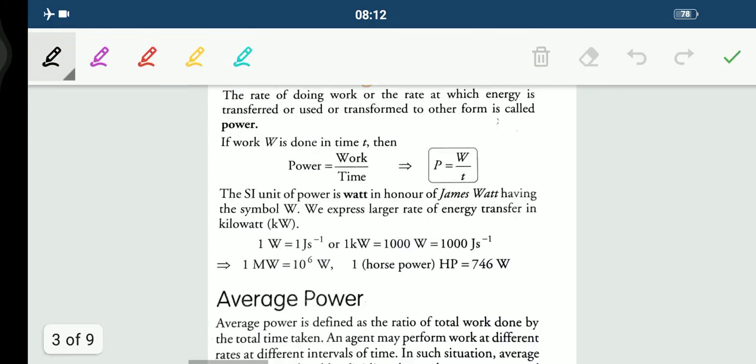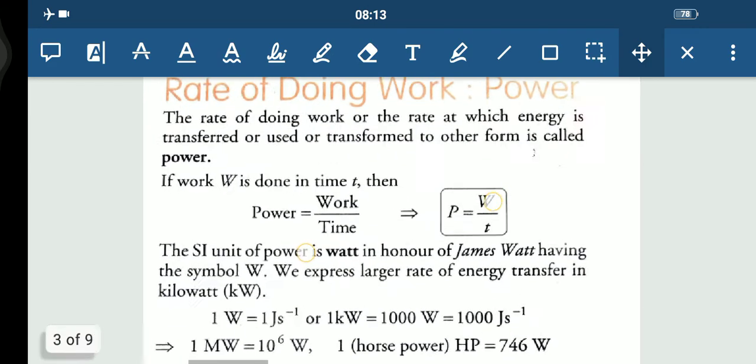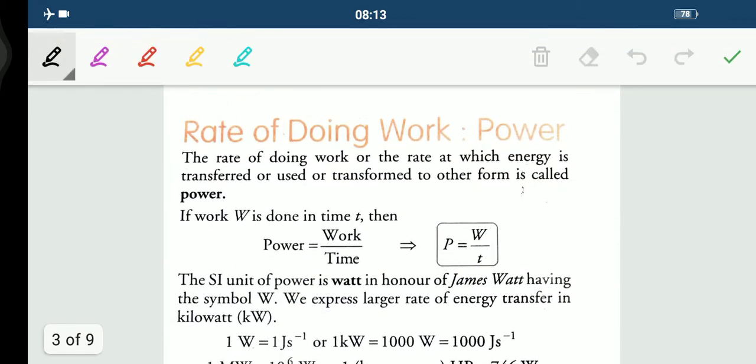Now let's quickly come to another topic, the concept of power, which is very interesting. You might have seen Chota Bheem. He eats a lot of laddus, and after having them his body possesses a lot of energy, so that he can quickly do a lot of work. Similarly, when you become tired, your mother gives you food, or you may demand Glucon-D water in order to regain your energy, children.